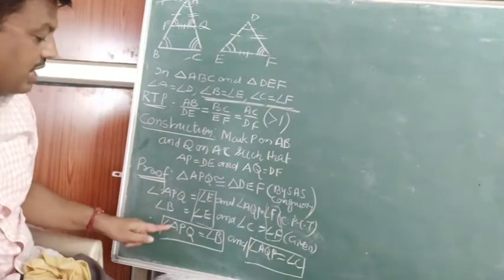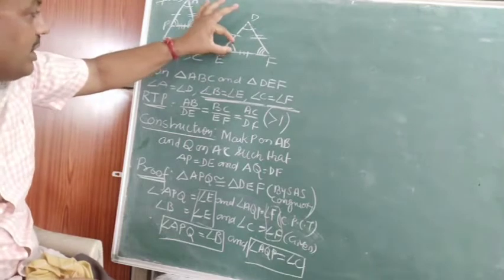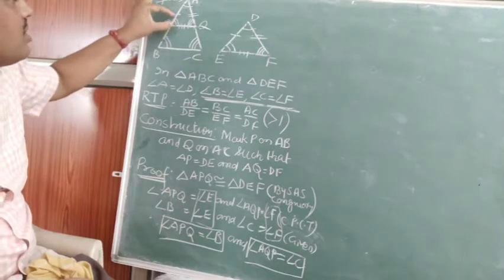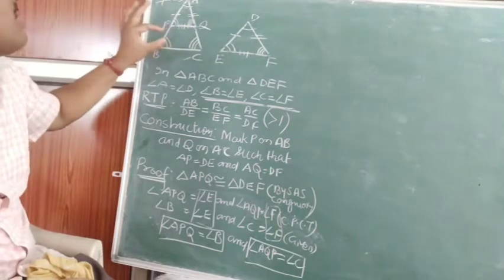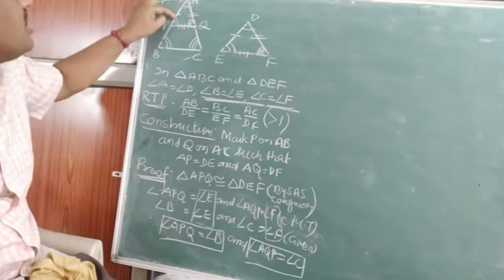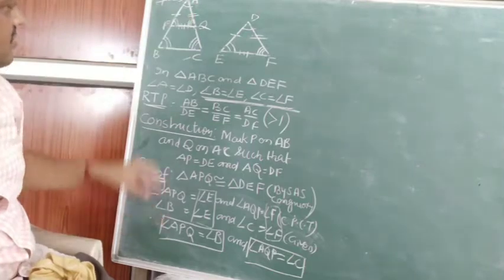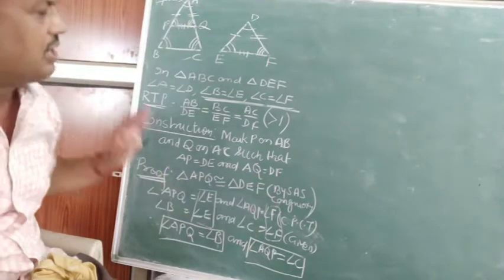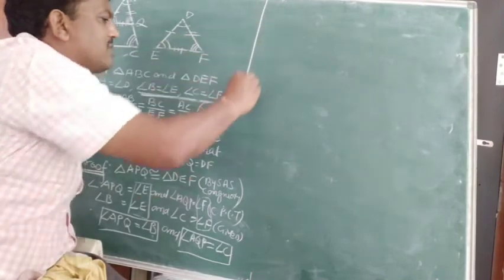So it means what, children? APQ is equal to E and E is equal to B. It means these two are also equal. See carefully. This we just now proved is equal to this. Already given that this is equal to this. This equal to this, this equal to this, means these two are also equal. Similarly, these two are also equal, children. That's what we wrote. This angle is equal to this, we wrote here. This is equal to this, we wrote here. Okay, children. I am moving this due to less space on the board.